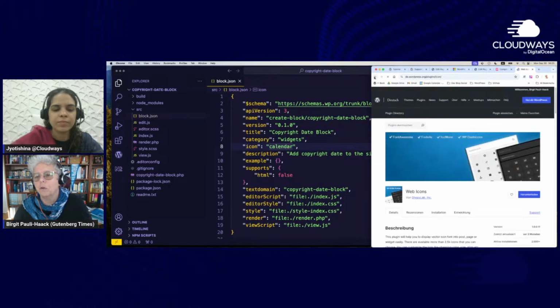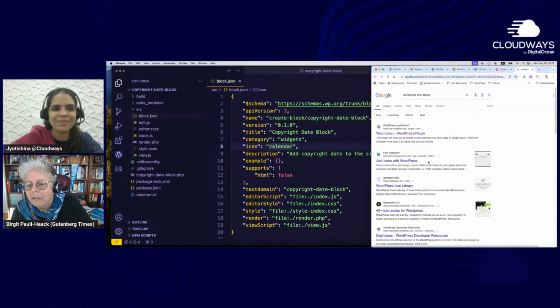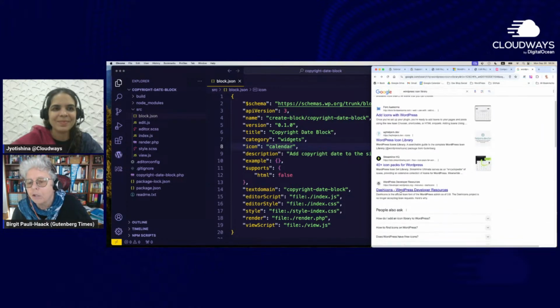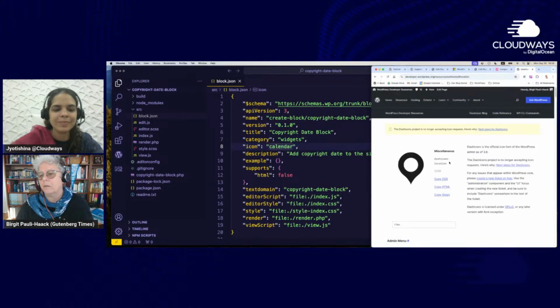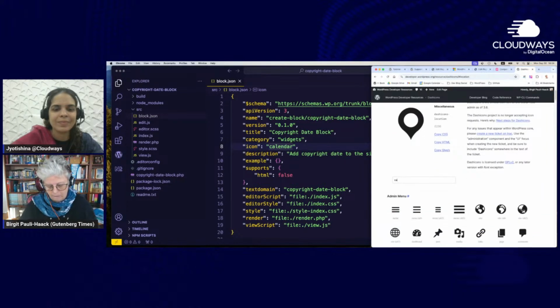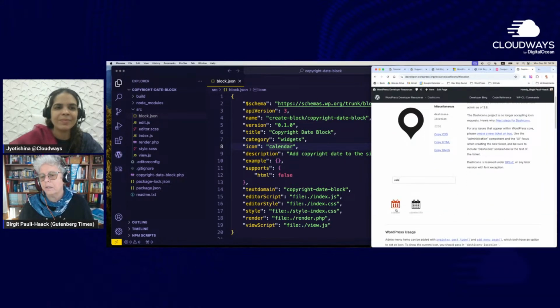Oops, that's a German version. You don't want that. Dash icons, it's called. Yeah, those are the dash icons. When you do calendar, you see the calendar, and then you take the name and put it here in the icon section. You could also do folder if you want to,